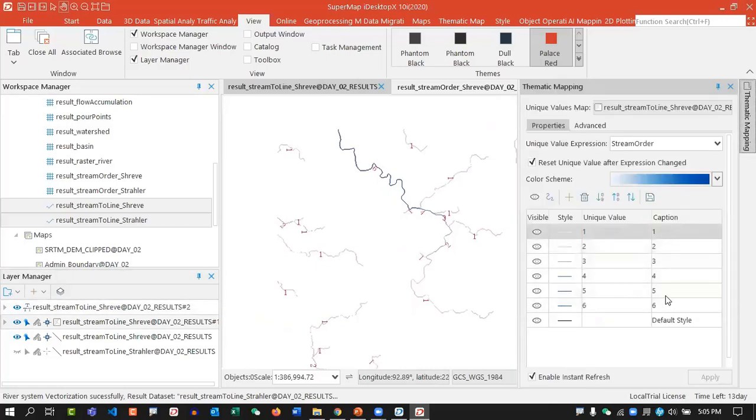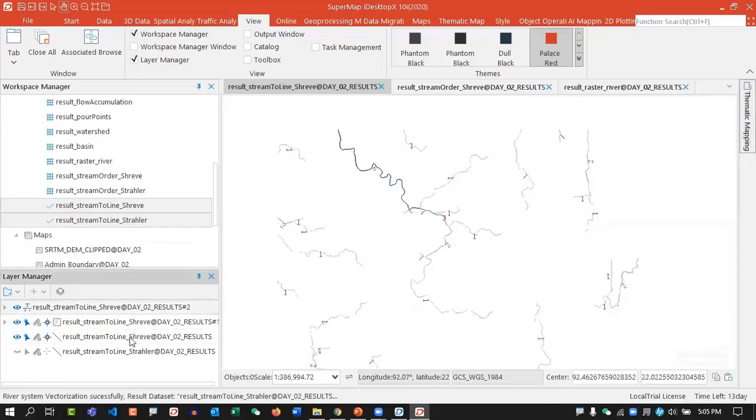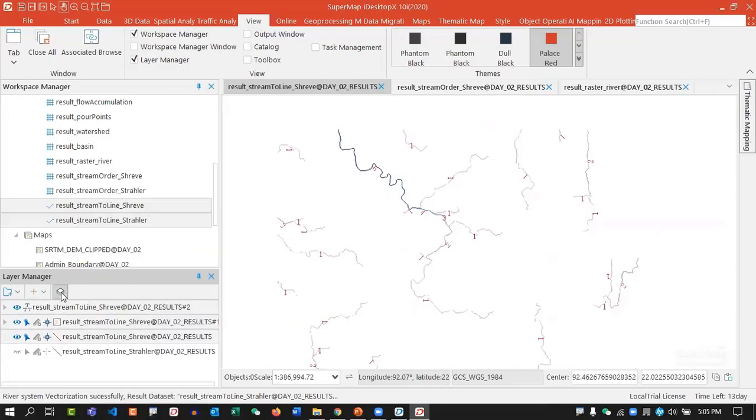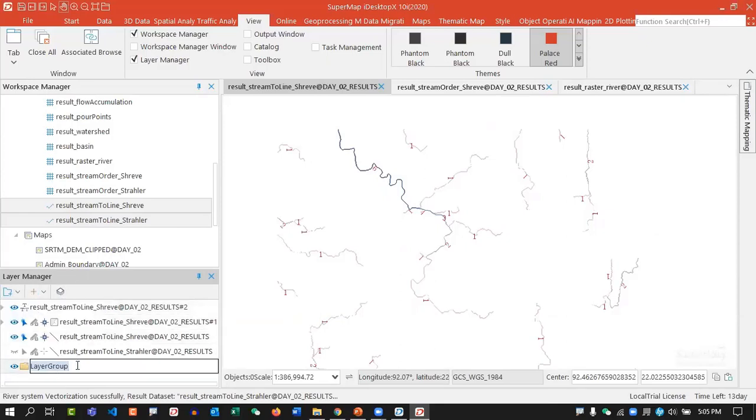Here you can see a total of 6 orders, sorry. First, second, third, fourth, fifth, and sixth order. And these are for the Strahler stream order method. And if I want to group them, create a group. This is the